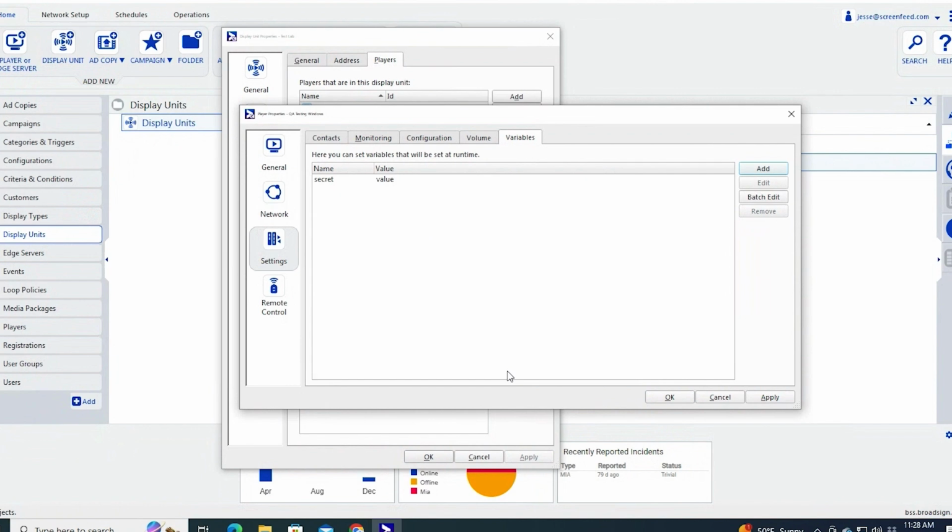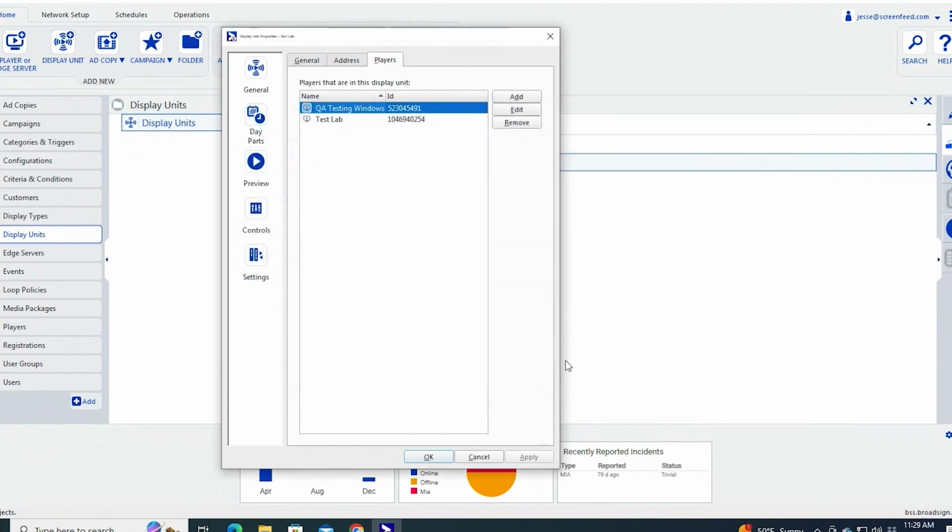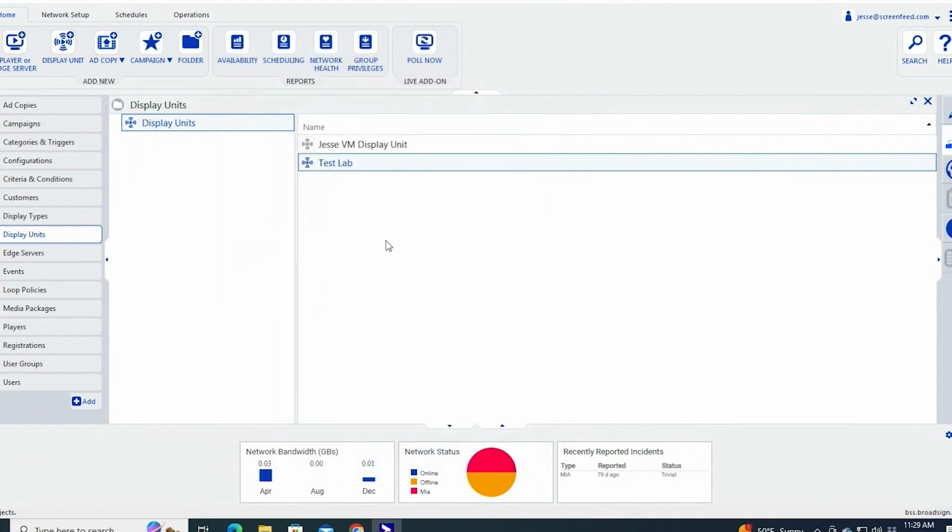So that's all that's needed because we have the configuration set up on the feed end and now on the player end to recognize both that secret and value in variables, and it will make that connection. And once I hit apply and I push that change to the player as well as ingesting that feed, it will authenticate for us.